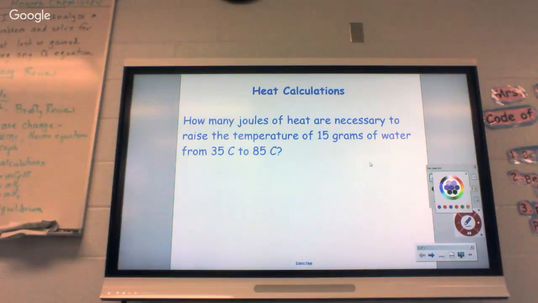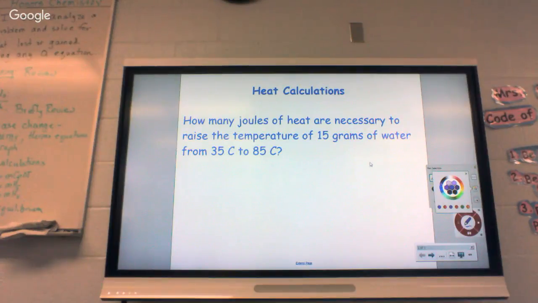This is the only problem we do that does not require Kelvin. When you find a difference, it doesn't matter if you subtract the two numbers in Kelvin or the two numbers in Celsius, because you're always trying to get the difference. If we had one number in Kelvin, then you'd have to match. No one does that. I guess it would be cool, but I've never seen anyone do that before. All right, so you go solve it.